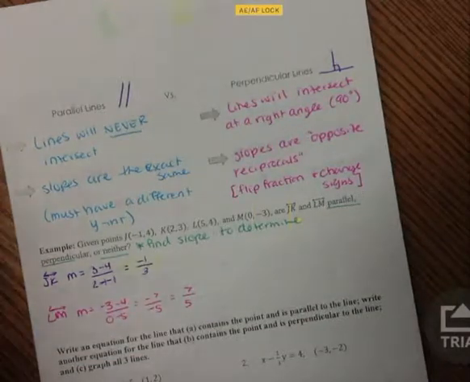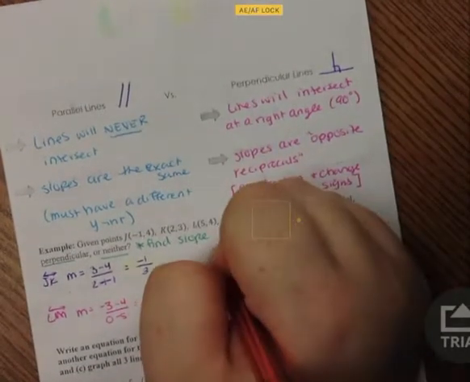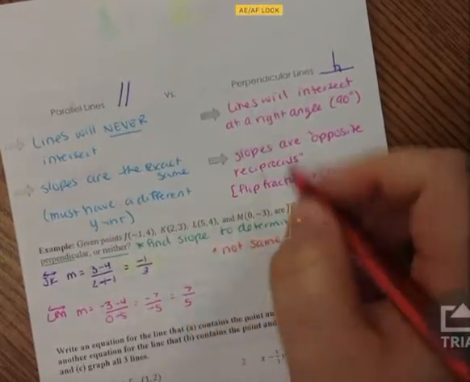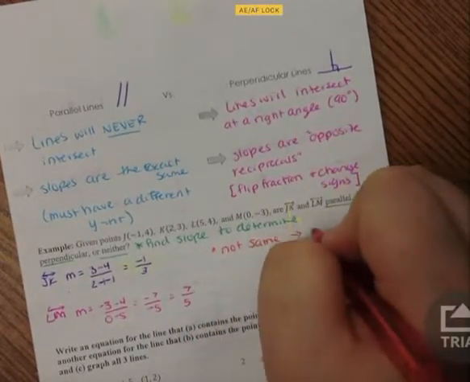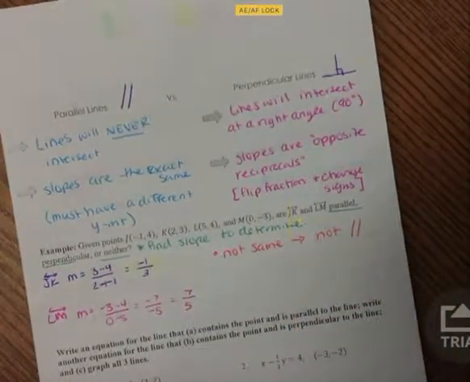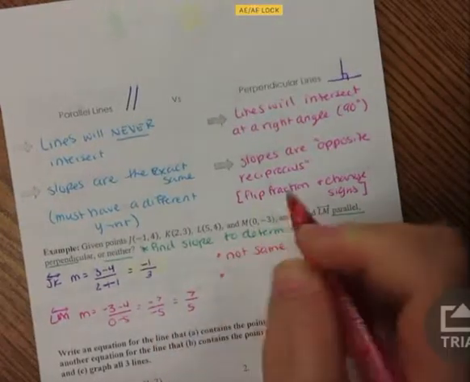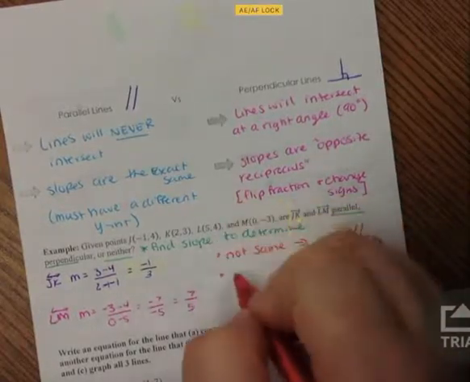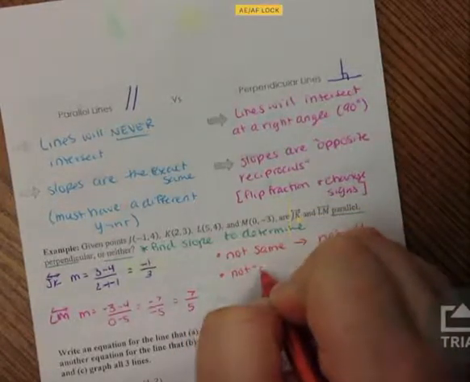So, do we have the same slopes? Since these slopes are not the same slope, that means that these are not parallel. I'm going to use a symbol for parallel. They're not parallel, so are they perpendicular? So, we do have opposites, but they're not reciprocals. So we say not opposite reciprocals